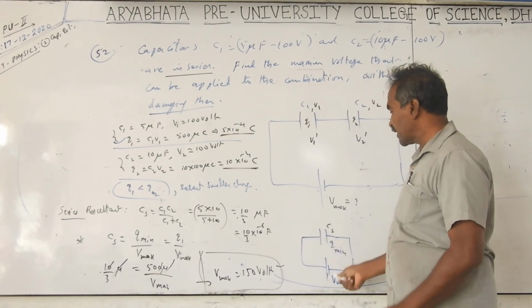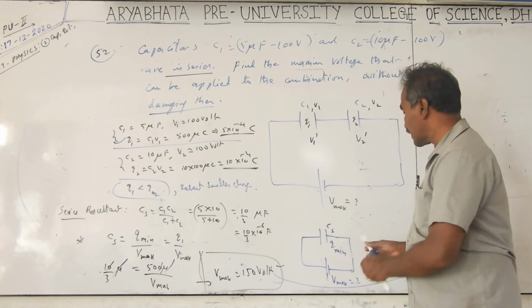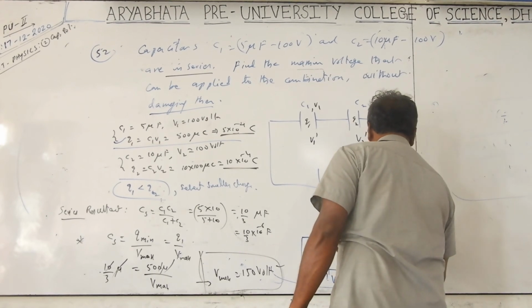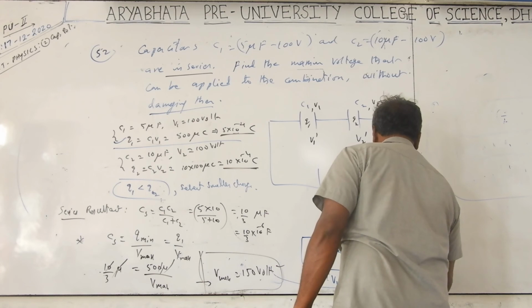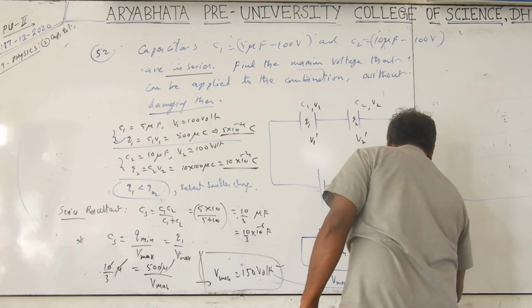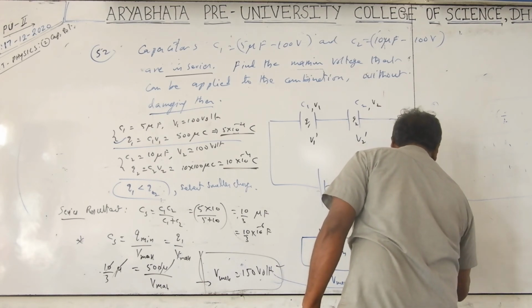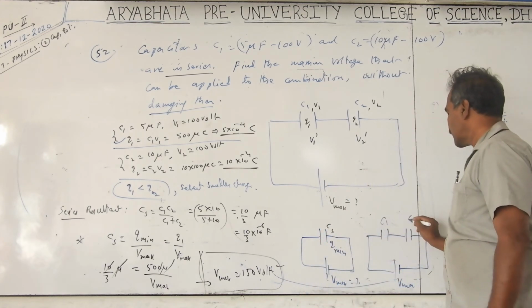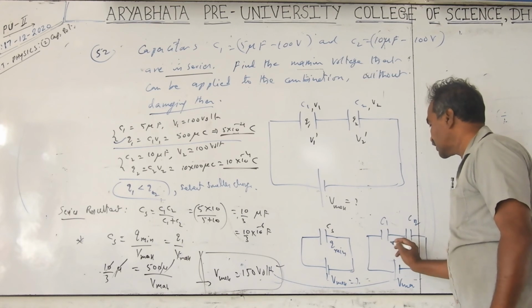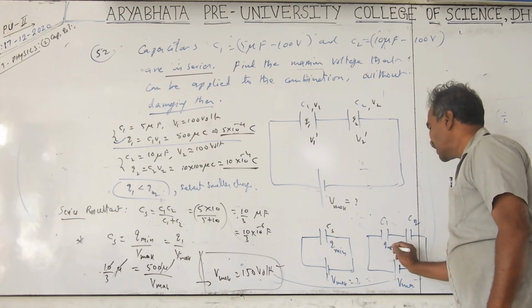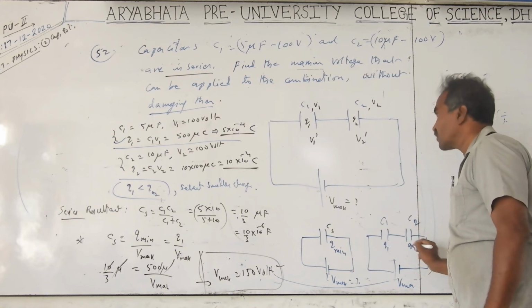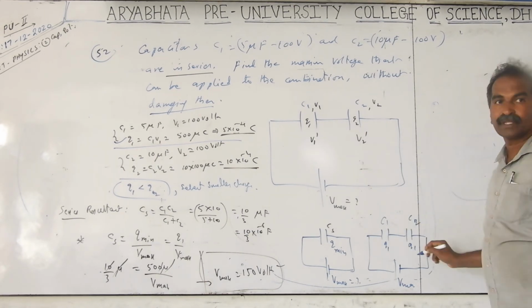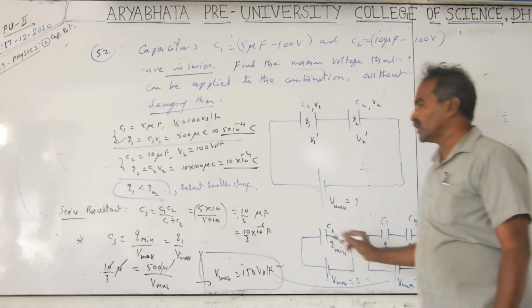Now we are connecting the battery to this combination so that the charges are the same in both. Now we have two capacitors with the same charge and some voltage connected across them. This is the V maximum we can apply without damaging these two. This is C1, this is C2, but the charge is the same in both. The charge you have taken is Q minimum. That Q minimum is nothing but, among the given data, Q1. So Q1 only you have to take.